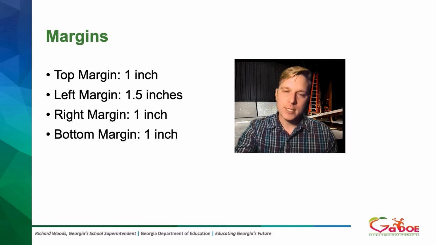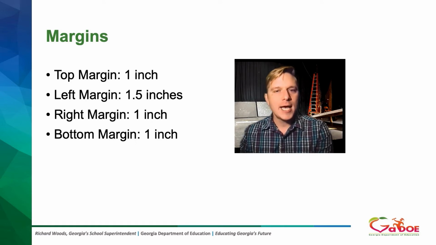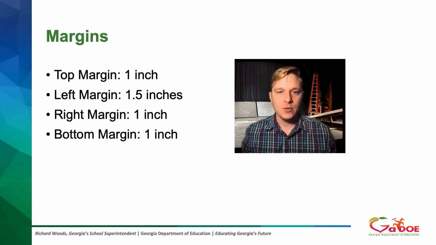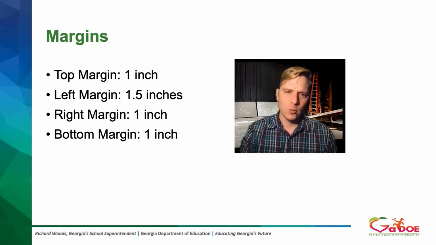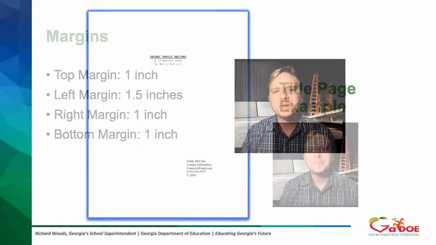Margins. Generally speaking, the margins are expected to have a top margin of 1 inch, a left margin of 1.5 inches, and a right margin of 1 inch with a bottom margin of 1 inch. You can set your device to these margins to write within, or there are a host of playwriting software available online and to purchase that will actually set it up for you, and then you don't have to think about this particular arrangement of the margins.